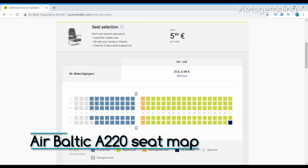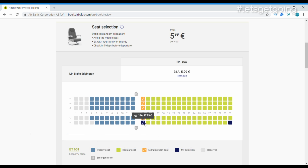We've got about an hour left to run, so now let's take a look at the seat that you can expect to find on the Airbus A220 with Air Baltic. As I was travelling on a basic fare for this flight, seat selection was an additional cost before check-in opened. Priority and extra legroom seats are available if you prefer, but I paid €5.99 for a standard seat at the